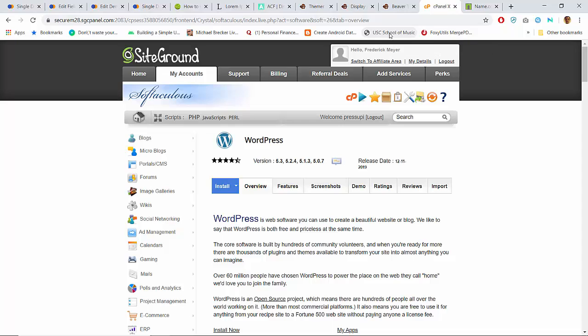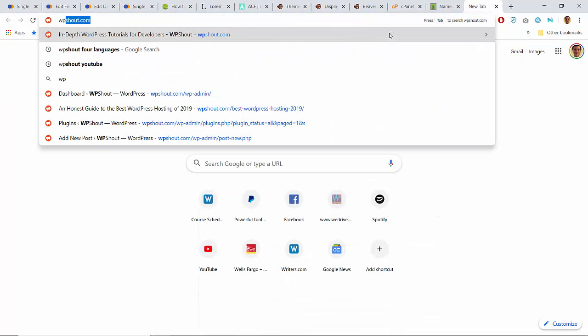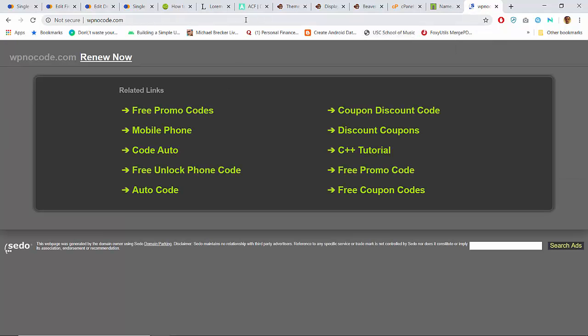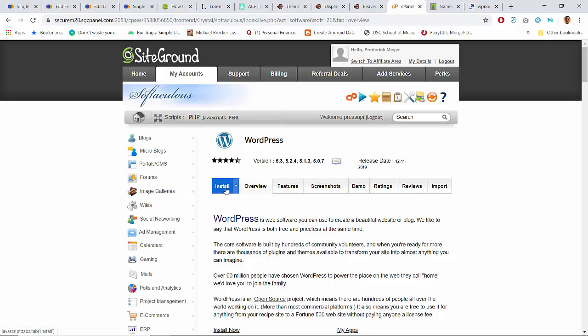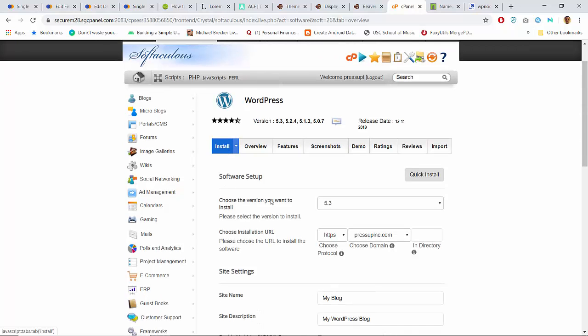But I don't think there's anything in there right now. So even if the DNS change propagates quickly, which it might in the next half hour or something like that, obviously nothing's going to show up at the destination. There's nothing in the WP No Code folder. So what I'm going to do is